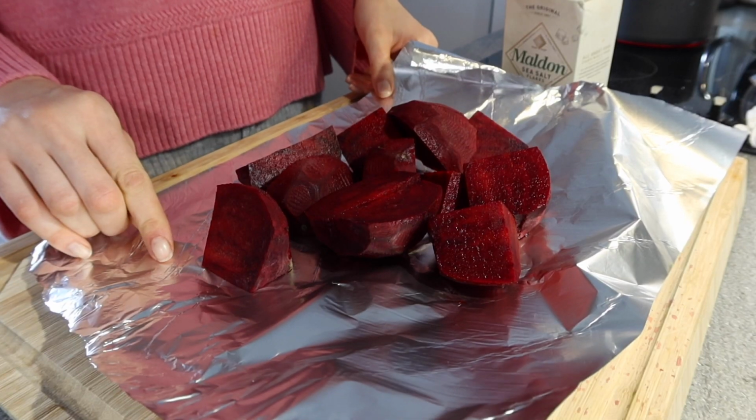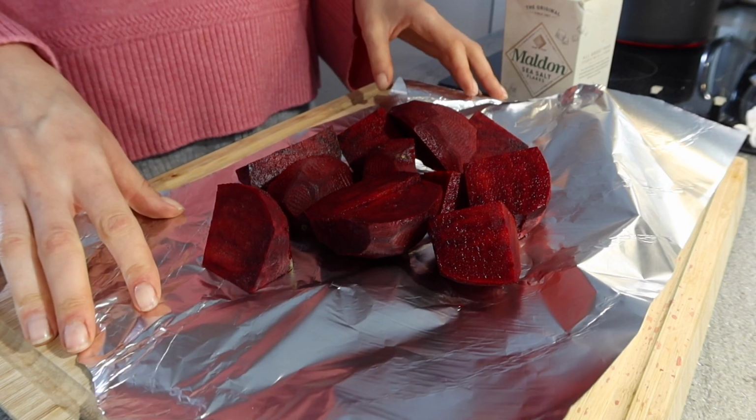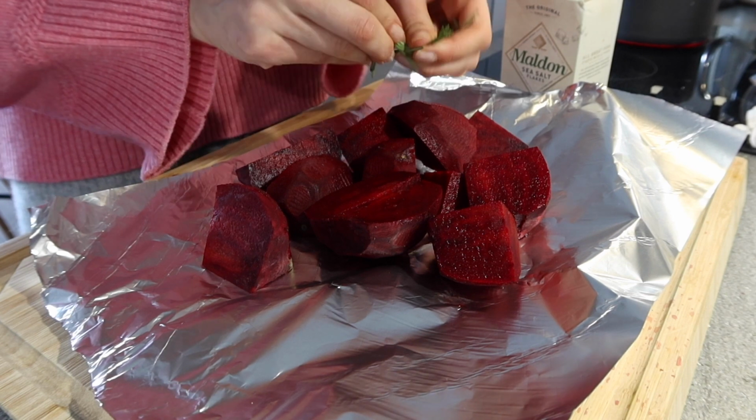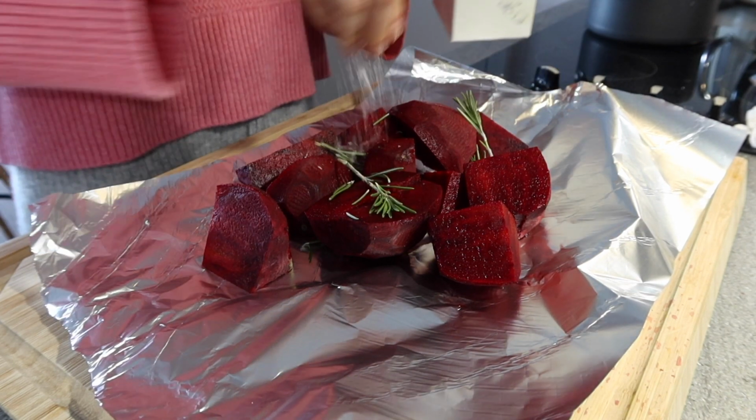I have peeled the beetroots and I've just cut them in big chunks because we do have quite a while to roast them. I'm gonna add some rosemary. You can add thyme, you can add dry herbs, oregano. I'm gonna add some salt